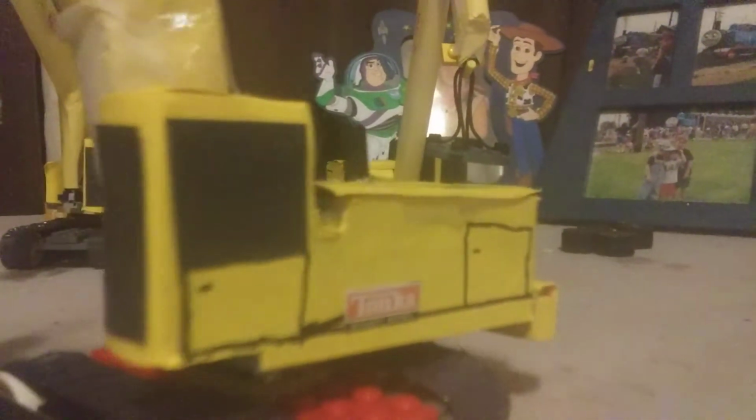And he spins 360 degrees. And the boom goes up and down. Shear attachment goes out and in, and the shear attachment opens and closes, but it's not really good for cutting up anything. And there's the Tonka logo on the sides, on the bumper, and on the boom there. And here's the exhaust pipe and the doors to get into the engine compartment. And there's his cab. And the tracks roll, and